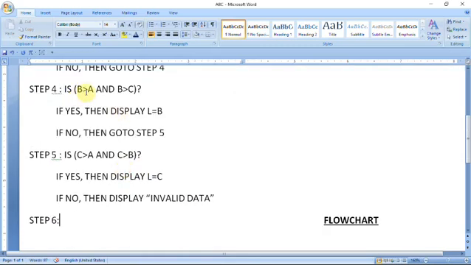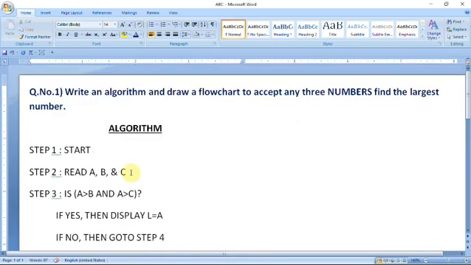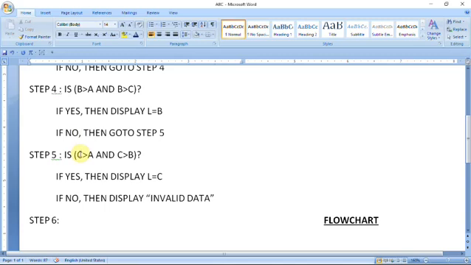For the first number, if you have entered D also, then is A greater than B and A greater than C and A greater than D. This way we have to write. For the second number also, is B greater than A and B greater than C and B greater than D. This way we have to write the condition, but we have only 3 numbers, so we should write only this much. Now last we have to write a stop.